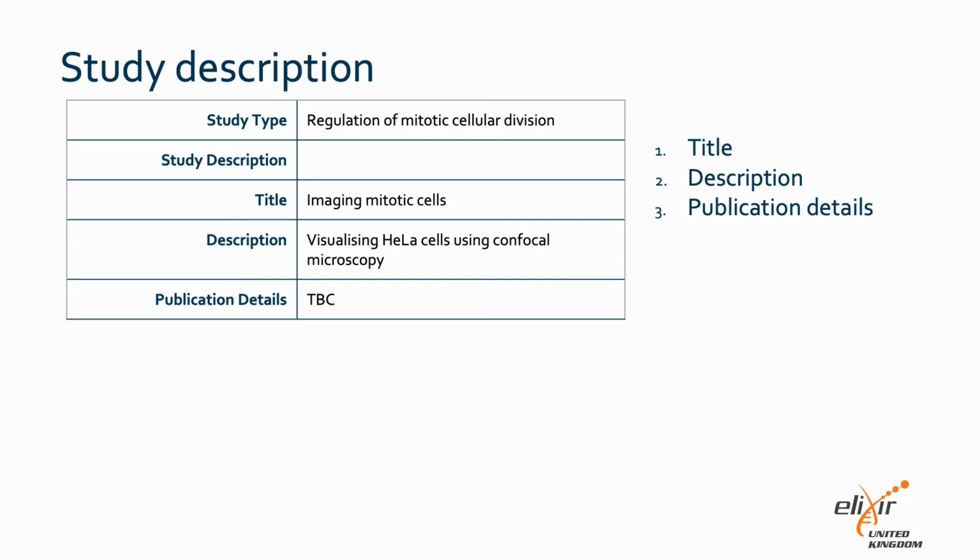Try to keep the format of the metadata file simple, and don't use split or merged cells. I find it helpful to split the metadata into sections. However, in plain text files, you can't use things like bold type or underlines to indicate what is a heading and what isn't. In this table, I have left a blank cell next to study description. This is to indicate that it is a heading and everything underneath it is within this section. If you don't like this way of working, you can just leave out the headings and remove these rows.